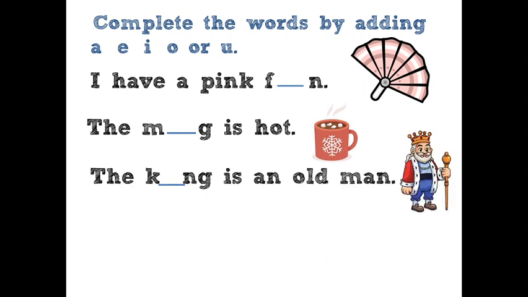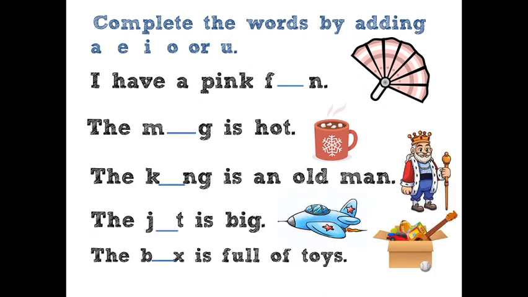In total, these are 5 sentences. I want you to write these sentences in your notebook. Look at the picture carefully, the picture in front of every sentence. For first sentence, it is a fan. Second sentence, cup. Third sentence, king. Fourth sentence, jet. And fifth sentence, box. Sound out these words and you'll be able to write the